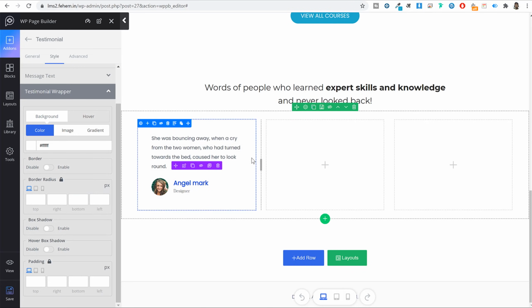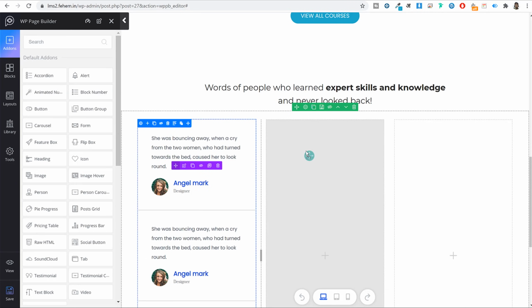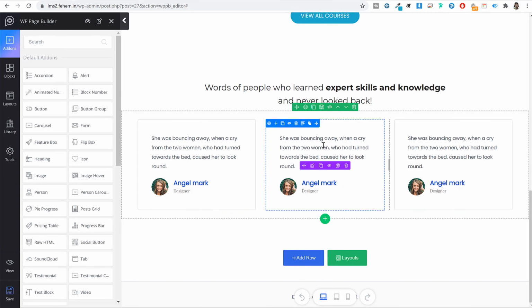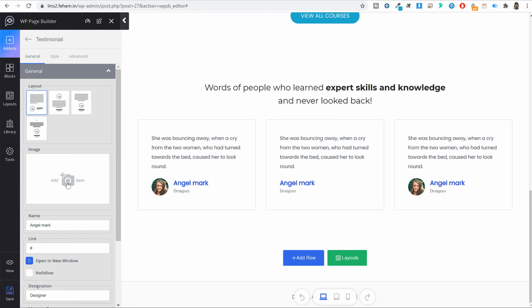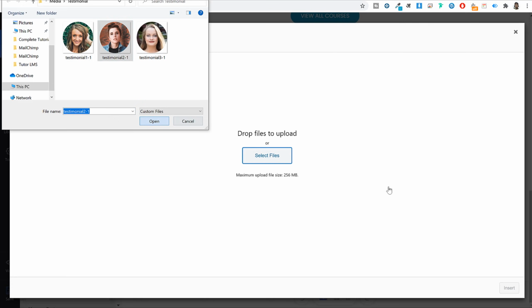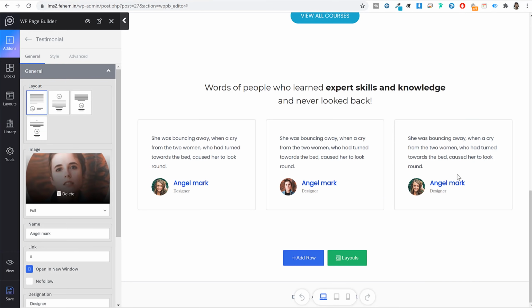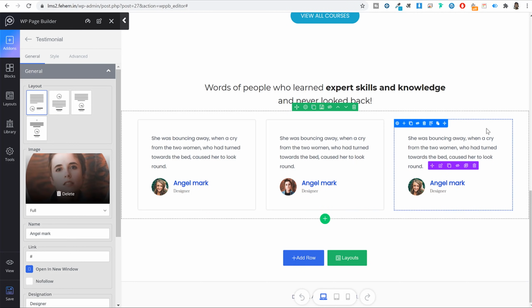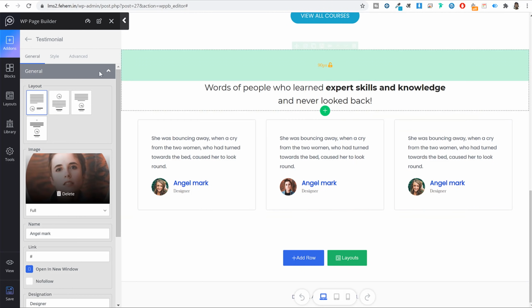Now once it is done, again to save some time, you can just copy it 2 or 3 times and you can drag and drop them like this. Now you can select the second option. This time you just need to change the content. Styling is already done for you. So replace the image. Click on insert. Okay, you can now change the name and all. Styling is already done for you. Just change the content.